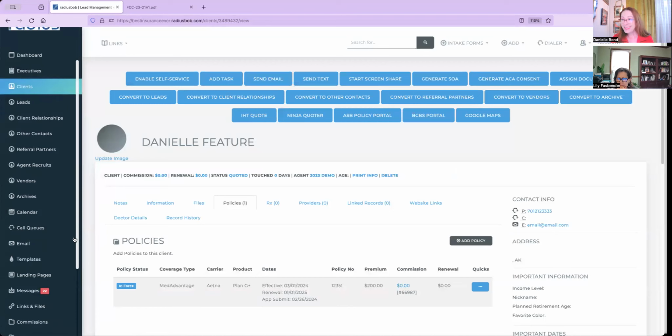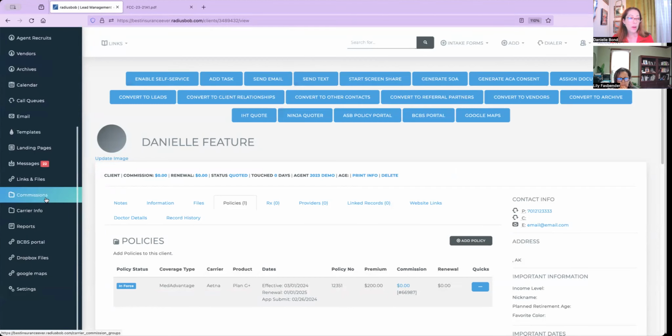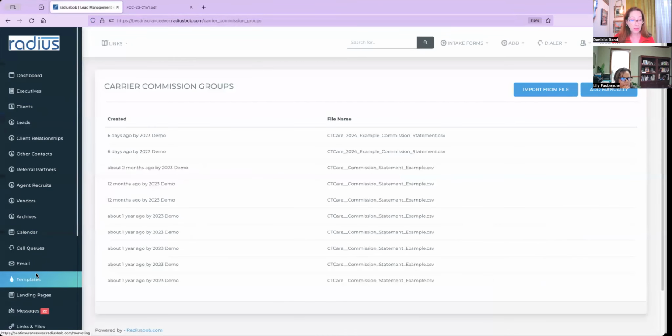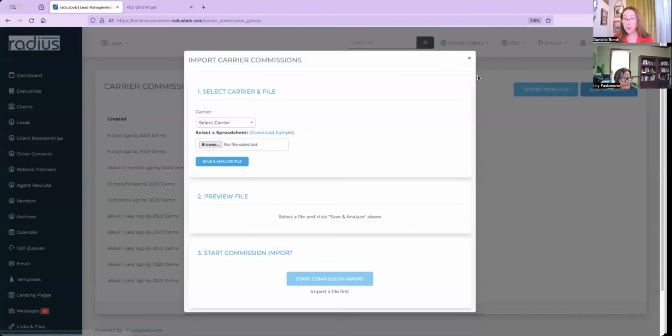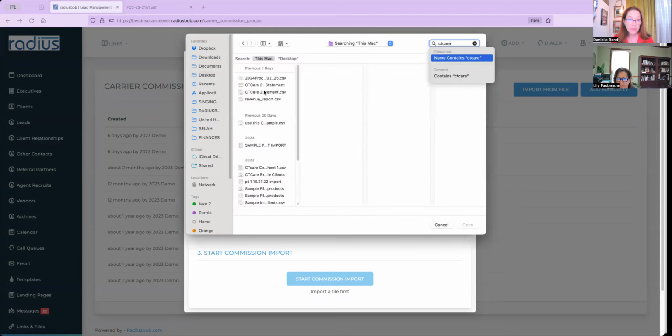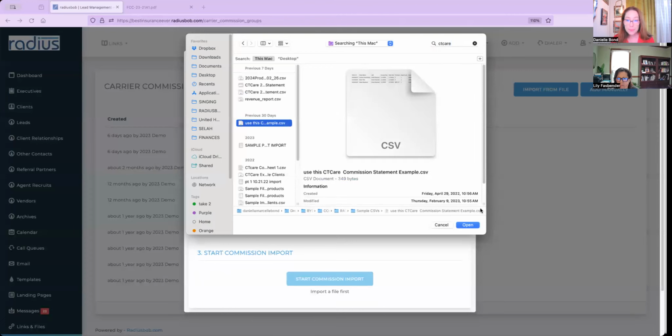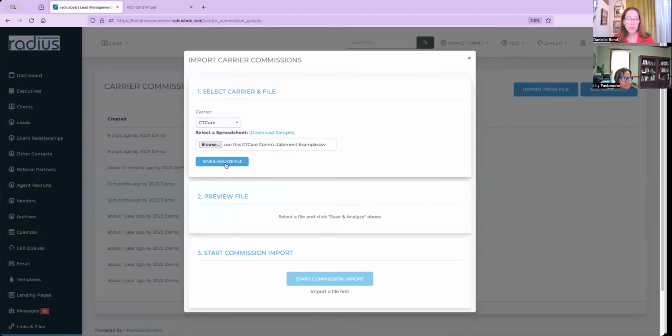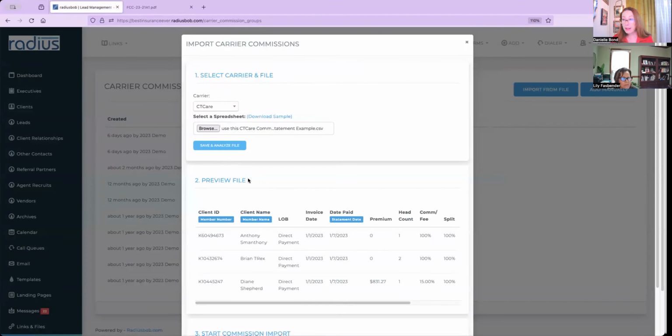So then if you are an admin on the account, you can go into the commission module and import a file. You can select the carrier, and then you're going to look for CT Care example. We'll save and analyze that carrier statement, and we'll see that the client ID mapped to the member number, so